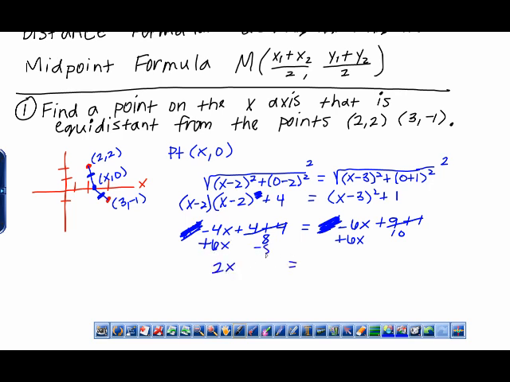And I'm going to subtract this 8. So I have just the integers on the other side, which is 2. So then x equals 1. So it did turn out to be a whole number. So you can see my picture was way off. It really should have been over here at 1, 0. Now you could easily check this by actually finding the distances as well, if you wanted to go back and